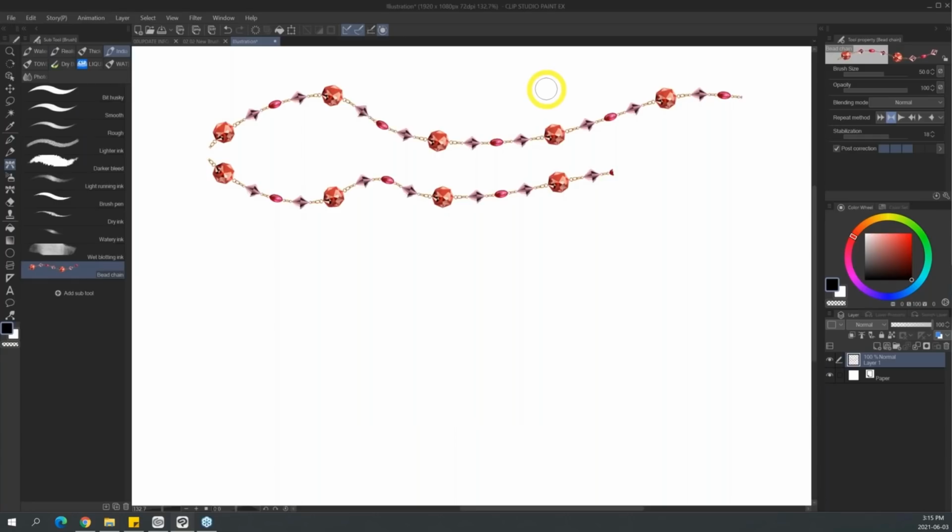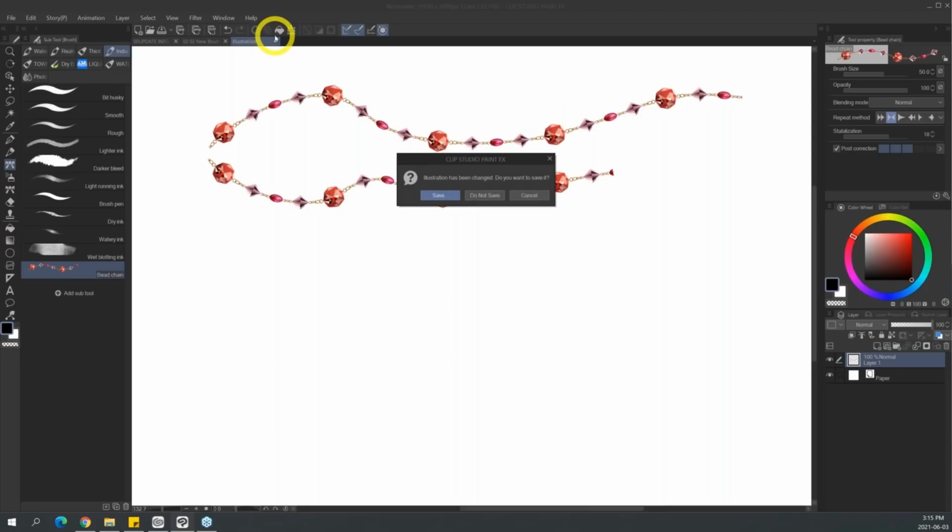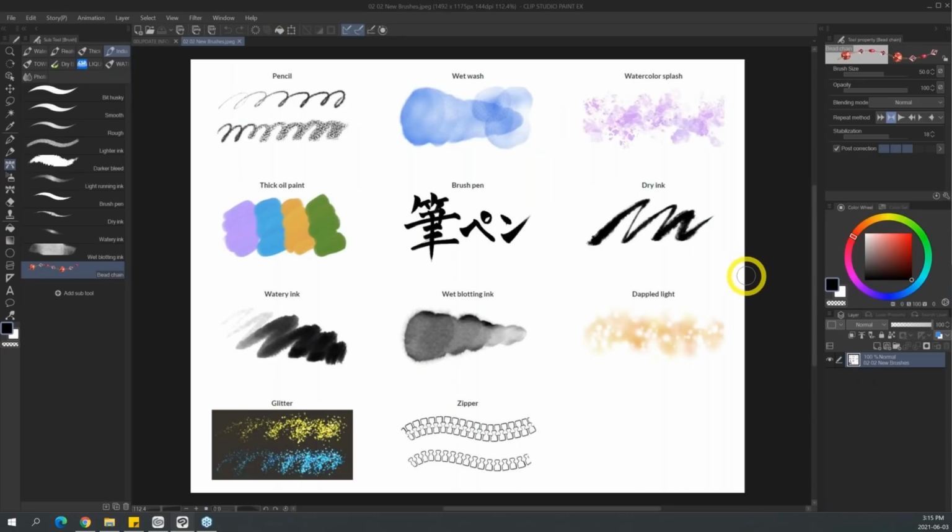Now, there are 31 of them. And if you love all of them and you want all of them, adding them one by one is a massive pain in the butt, right? Because I think it's a pain. I haven't even added all of them. So